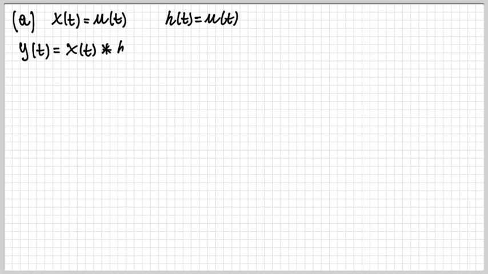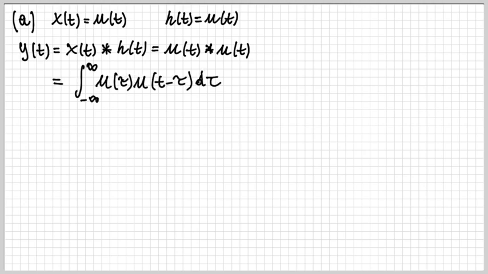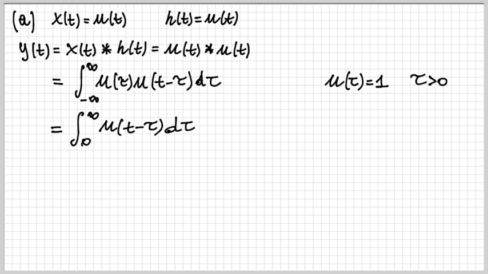So if I want to calculate the output, I need to do the convolution between them, which is the convolution between two step functions. And we know that this is the integral of u of tau, u of t minus tau d tau, because the convolution is the integral between x of tau times h of t minus tau d tau, right? So how to calculate this integral? Again, let's look at when the step function is non-zero. So the step function u of tau is 1 for positive tau. So I can simply rewrite the integral by changing the integration boundaries, and now I have the integral that runs between 0 and infinity. So I have got rid of the first u of tau.